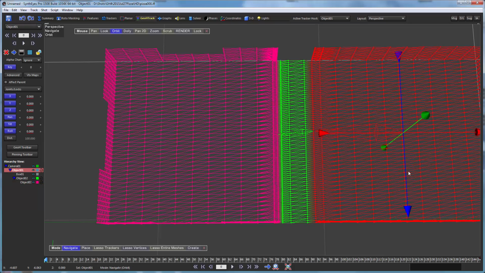So the base object here, the part that we're holding, basically the whole thing, we want that to be able to move around completely in 3 dimensions, all 3 orientations. So we're going to unlock all 6 of the joint axes. When that button is lit up blue, that means that joint value is locked to the spinner next to it. But when it's unlocked, it is free to be calculated by SynthEyes as part of the tracking